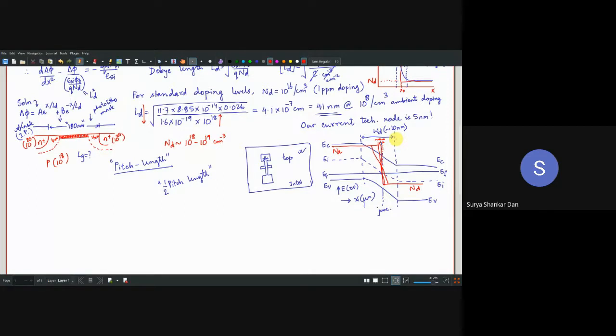So yes, Debye length is basically the minimum distance you have to always keep in mind when you are fabricating devices or circuits. Because if the dimensions come around the Debye length, then your design is gone basically. You will be doing a lot of mathematics, no problem, but in reality it will never work. So you have to always keep that Debye length in mind.